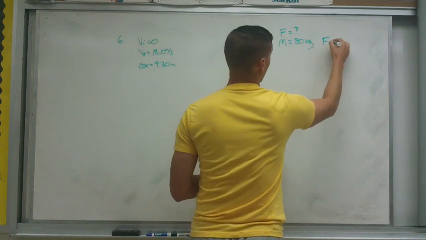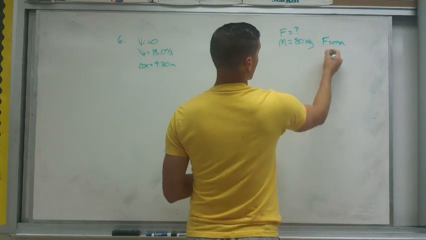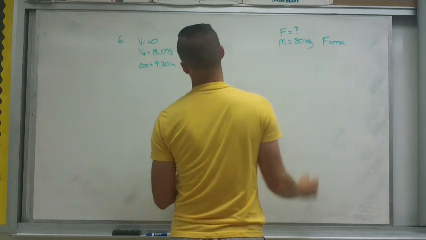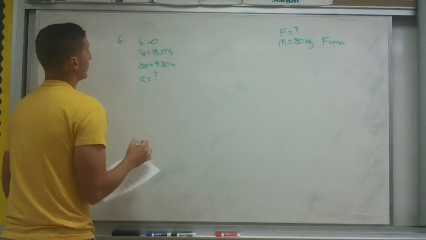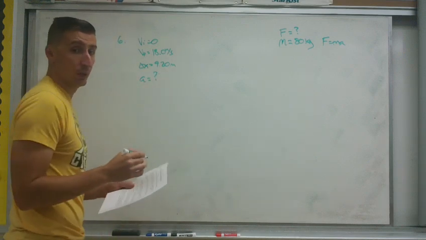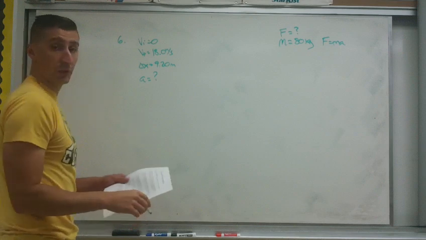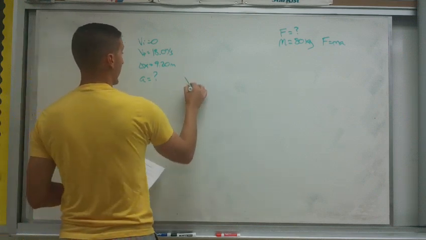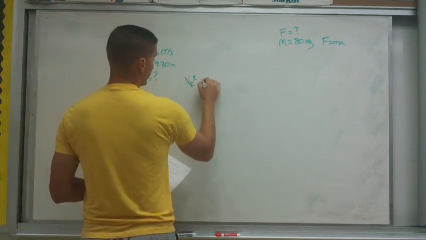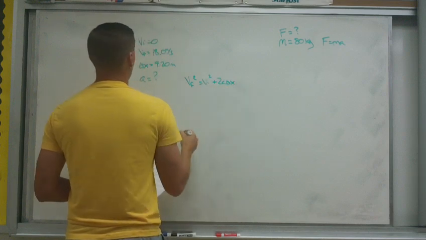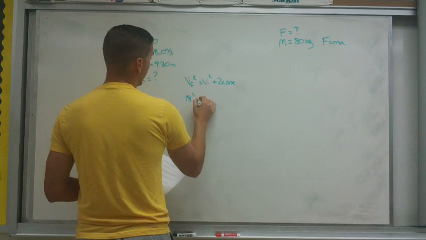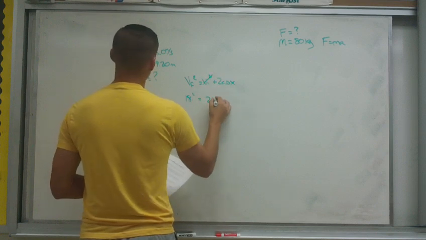I have F equals MA. Well, it should make sense that I need to know A here. So I need to find A using these one-dimensional motion equations. Look at your equations. What equation are you going to use? All right, I'm going to use this one: VF squared equals VI squared plus 2A delta X. VF is 18, squared, equals VI, which is 0,